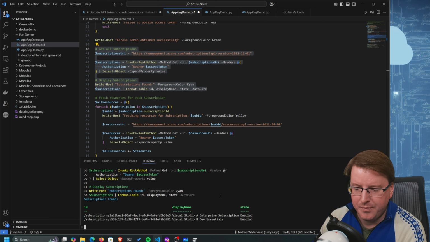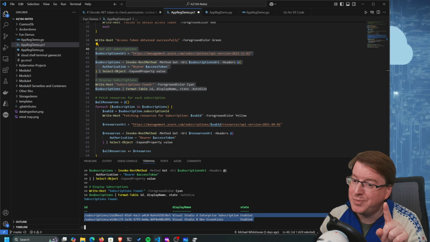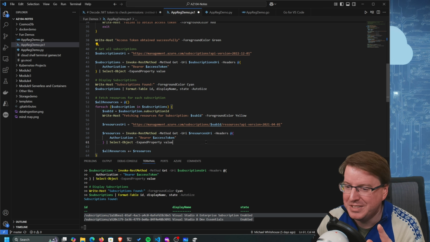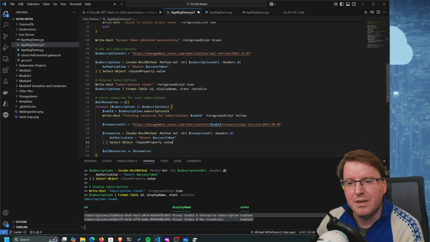Execute that. There we go. We can see it's listed both of my subscriptions. So now I know I've actually got the read permissions, which means the rest of the script is going to function, which is nice. So to do that kind of process, what's happened is it's done this invoke REST method,